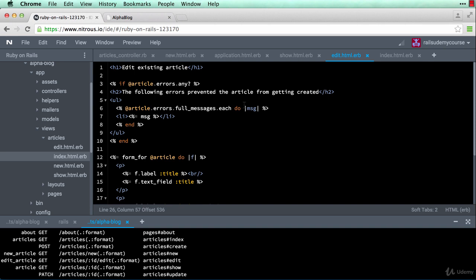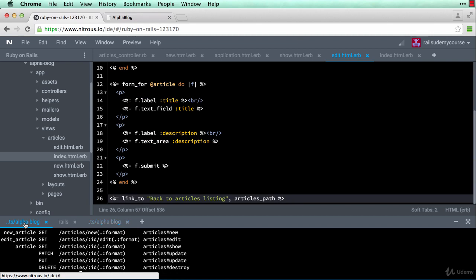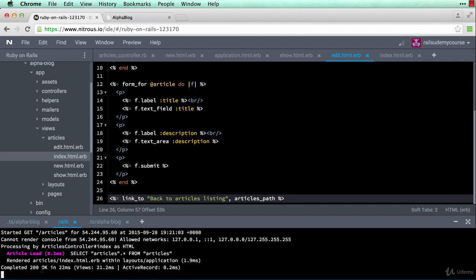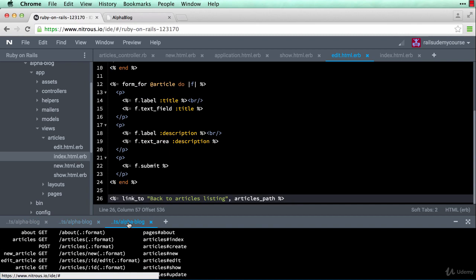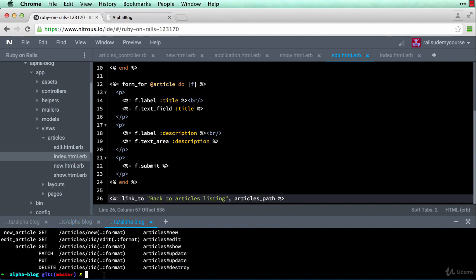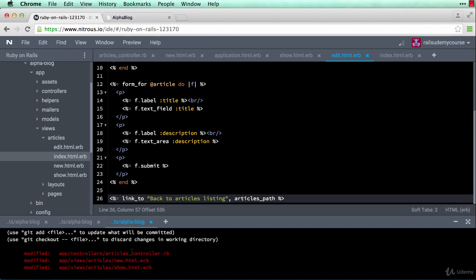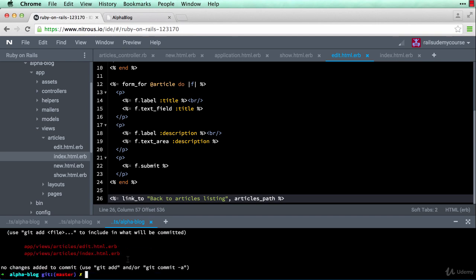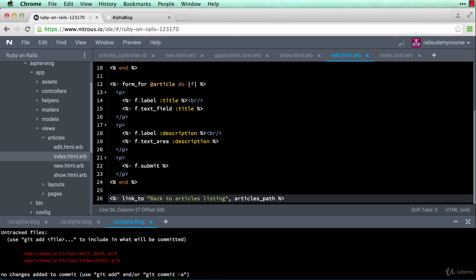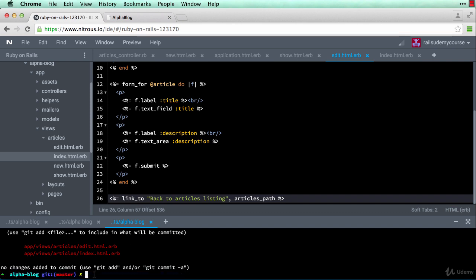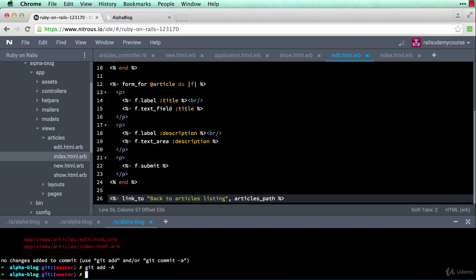Now, before we move forward, it's time to make a commit to our Git repository, right? We've added some actions. So first, I'm going to shut down my server. Okay, so over here, we'll do git status. So I've modified these three articles controller with the new and show action, and then my edit and index aren't even tracked. So what I'll do is first git add -A, then git commit -m,